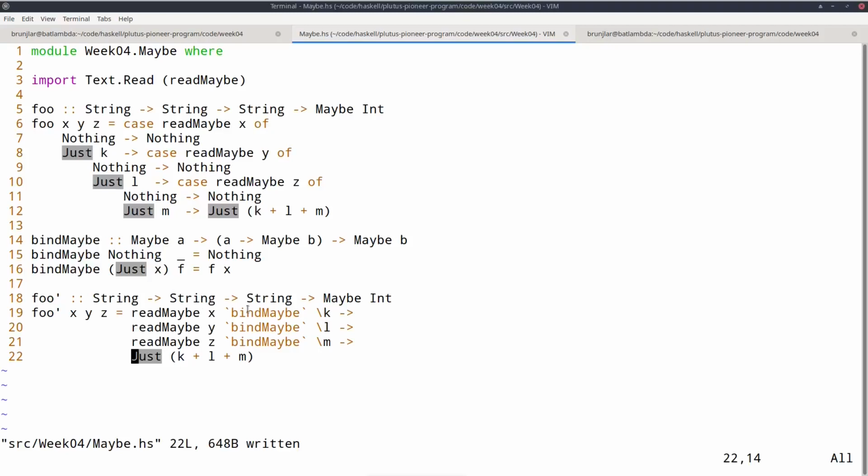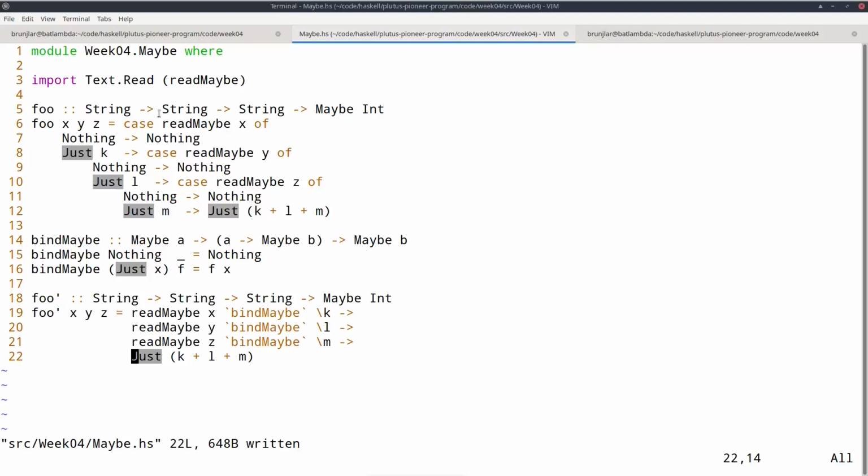And what that bind maybe does is it encapsulates the idea that we have something of a maybe type, and if that something is nothing, the overall result of the computation is nothing. And if it's just, then we continue with the value of this just. And if you think about it, that's a bit like exceptions in other programming languages. If you think of nothing as an exception, then the normal behavior of exceptions in other languages is that as soon as an exception is thrown, you immediately stop with the computation and return the exception or bubble the exception up.